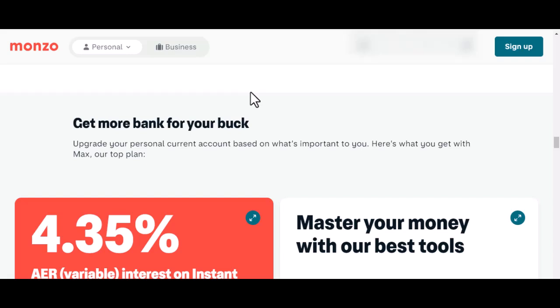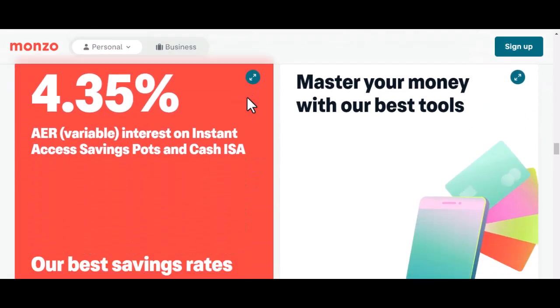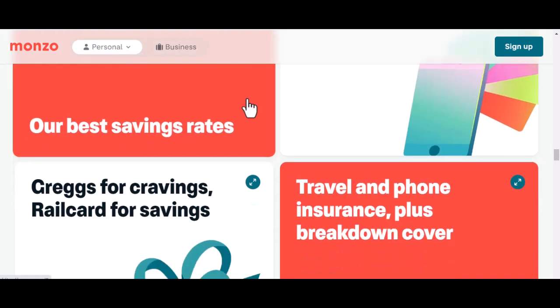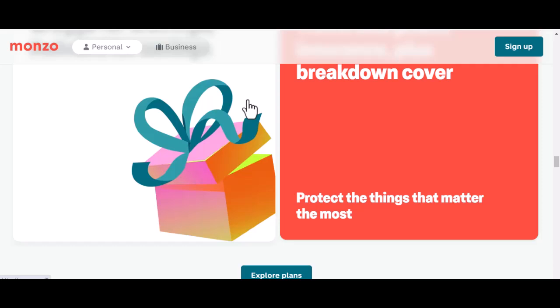Conclusion. Monzo limits might seem like a hassle at times, but they're ultimately there to protect you. By understanding how they work and managing them effectively, you can enjoy the benefits of using Monzo without any